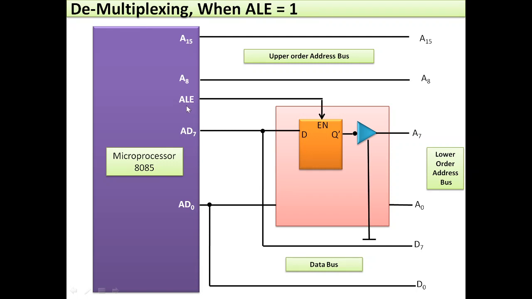So the ALE pin of the microprocessor is directly connected to the enable input. AD0 to AD7 are connected to the 8 latches inside. The output of the Q bar is connected to the inverting buffer. Now what happens is, suppose we have